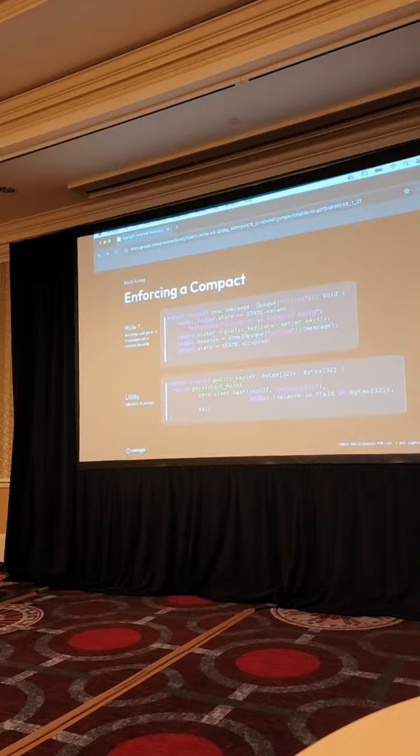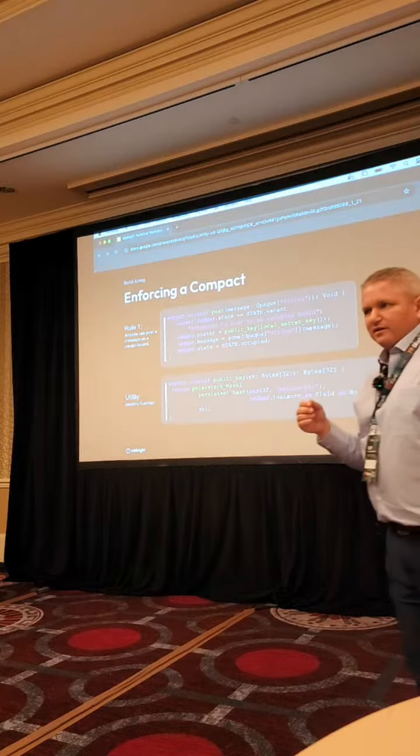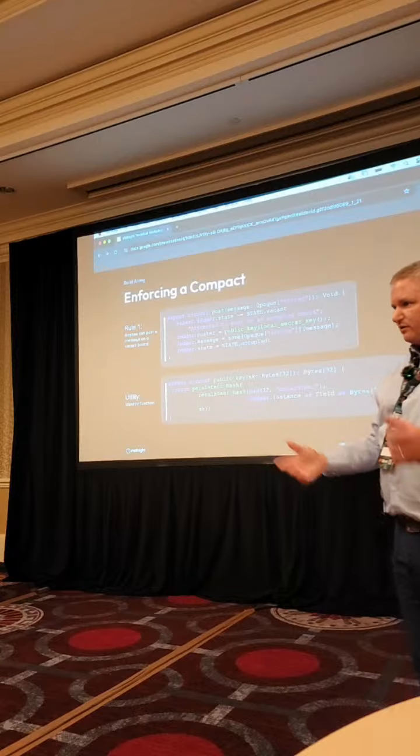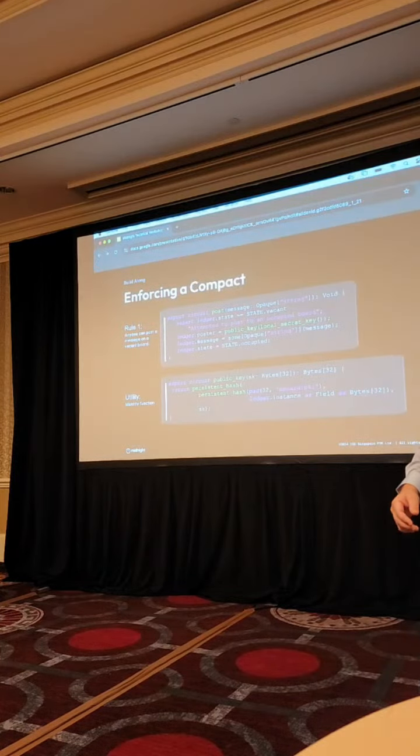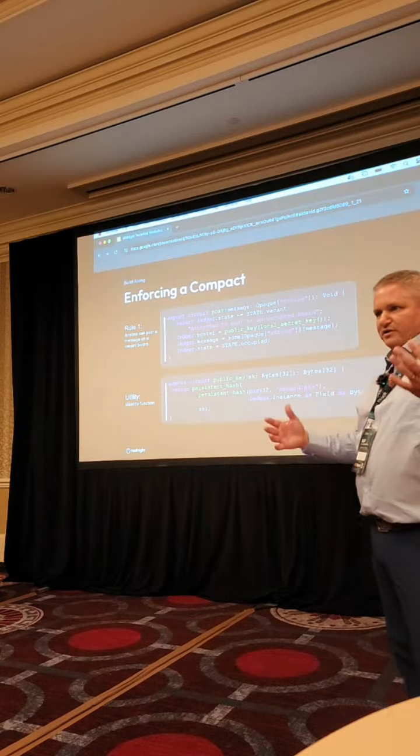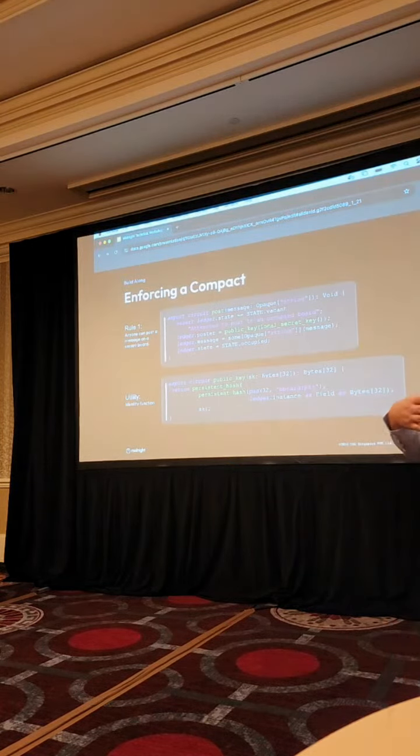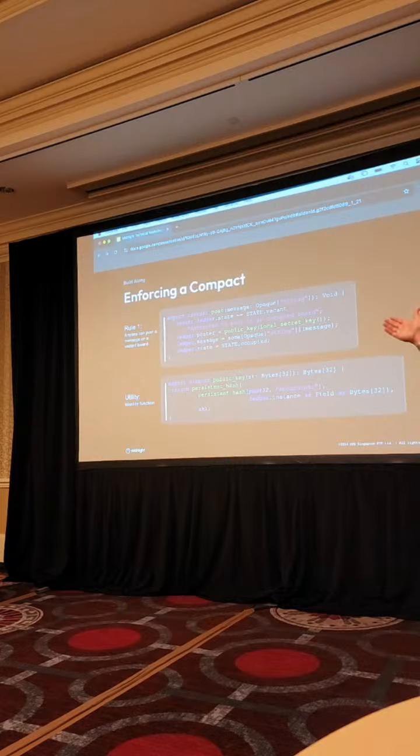But the very first word you see there is export. So when you're describing a circuit, if you export it, that means the compiler will build the integration so that TypeScript can interact with it. If you don't export it, it's private, it stays within, and the compiler won't produce those TypeScript elements. It's a circuit, and then it has the identifier, the parameters, and then the output is void. So that's how you define a method.